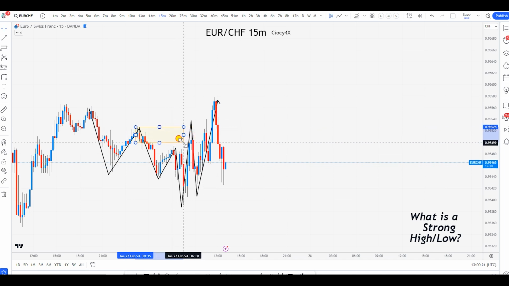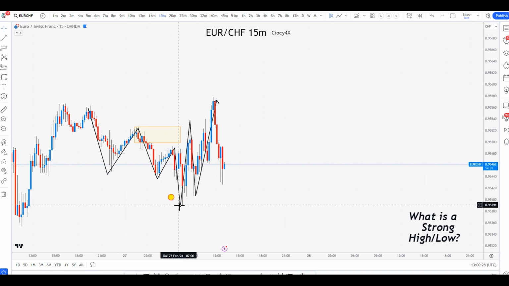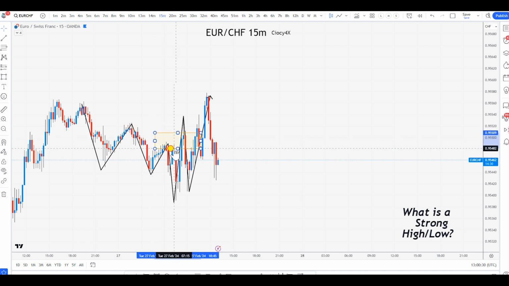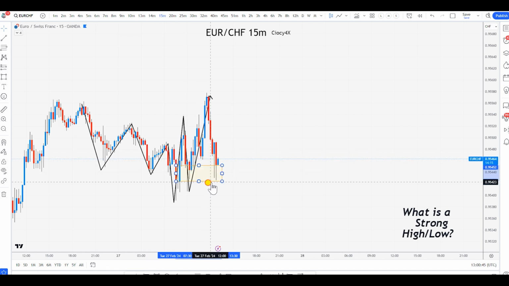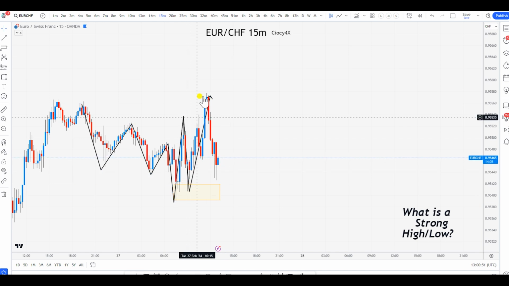And then when price retraces, again, the same thing. Price couldn't reach the zone, and then it drops all the way down here. Then what happens is that it becomes another high over here. And this time you can see that this is still a strong high until it gets violated from the new structure point, new order flow in the market, right? So in this case, you cannot take any trade over here. But what you can do, you can take the trade from the other way around. And in this case, look at this. There was a very, very nice trade setup over here for you to take the trade.